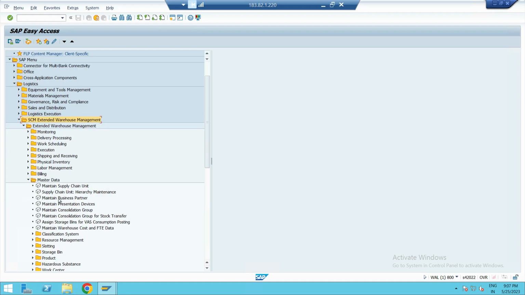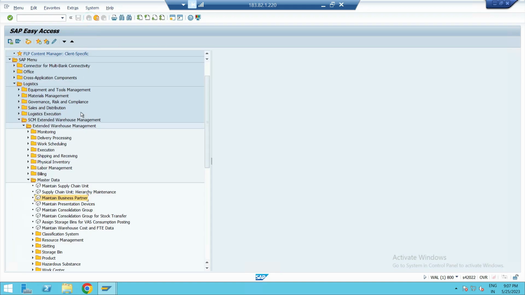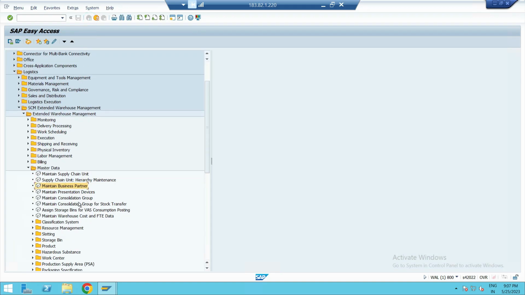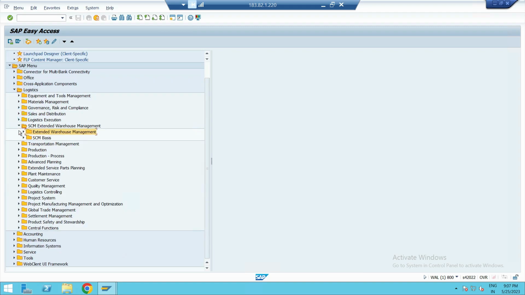Here maintain business partner. See, this is the transaction BP. This is not available in this BP menu path I showed you. This is not available in material management as in ECC. This is available in extended warehouse management. Okay, I don't know why they have given it in the extended warehouse management. I need to find out the reason for this. So the menu path is available in extended warehouse management. You cannot find the transaction business partner BP transaction